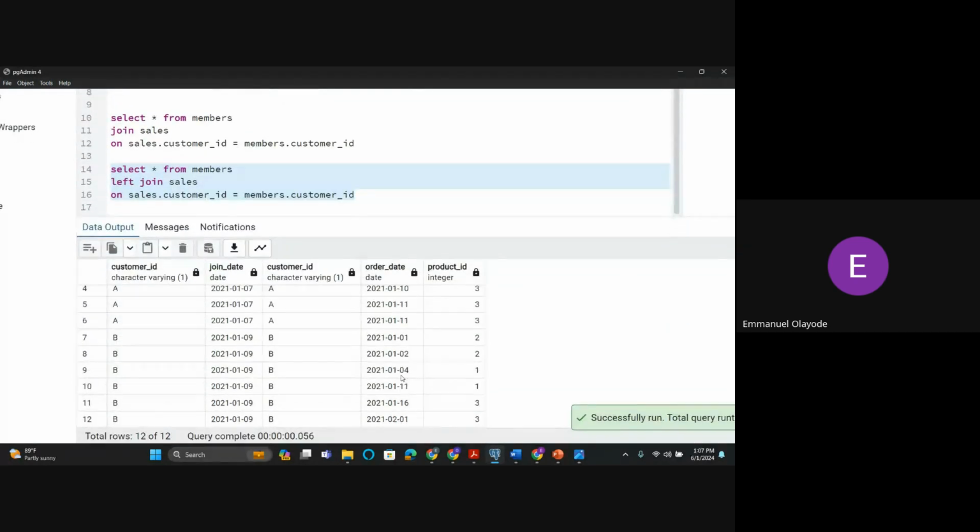And if you check it now, you can see we don't have any information for C. We only have A and B. So that's just the whole thing about left and right join. And full outer join is just like bringing all the tables together. So to do a full outer join, you can just